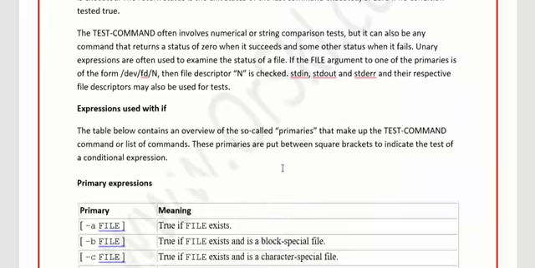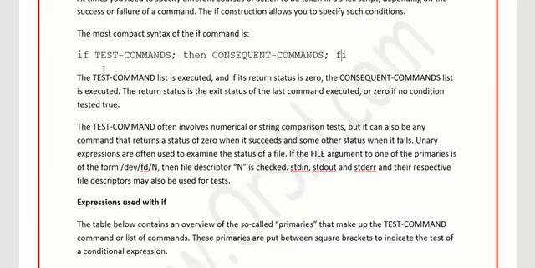And we will be using expressions like this, as I said, in the test commands, for whatever you want to compare.